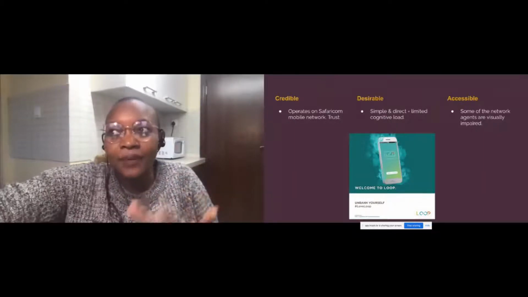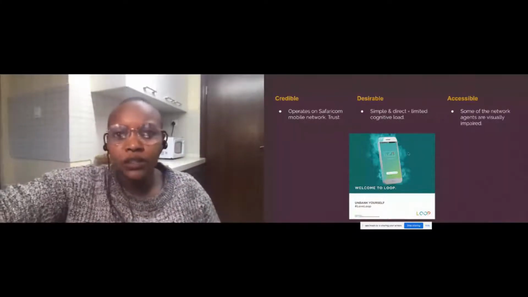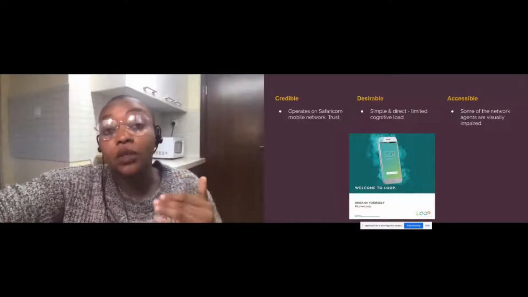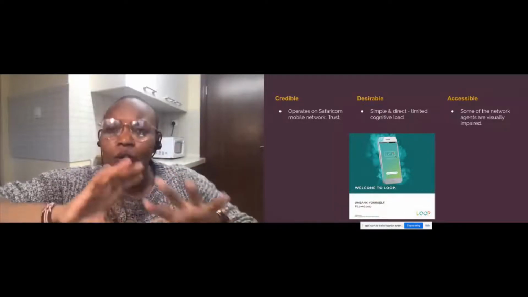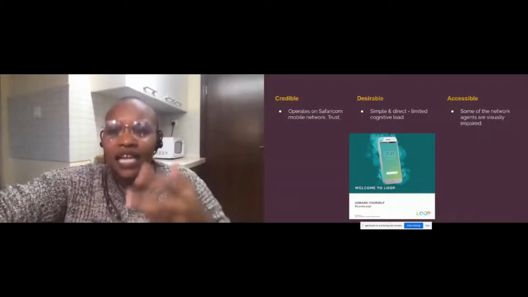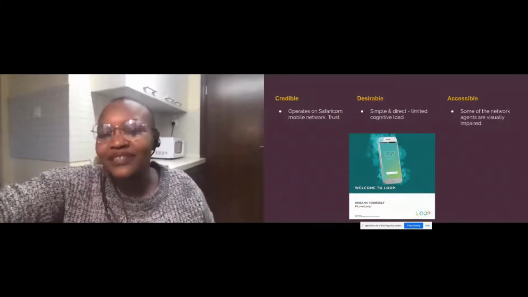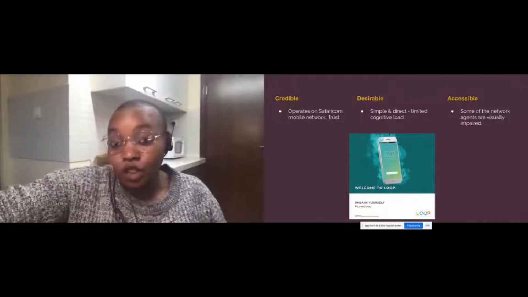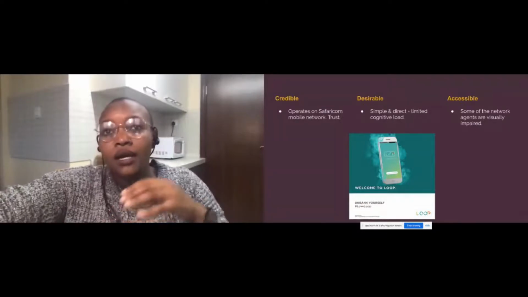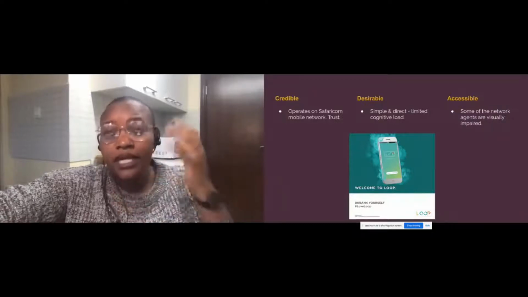So if we're talking desirable, another cool local example would be CBA Loop, which came about 2018, I'm not pretty sure, but maybe 2-3 years ago, if not more. And what Loop did was so well done that it appealed to the youth, and that is who they were looking for anyway, right? So Loop looks really good. The options are really cool. It helps with budgeting. You can ask for loans, up to 3 million Kenyan bob for the loan. And just the whole interface is well thought through. And the colors are bright. It just makes you feel like, yeah, I'm using an elite product. And that's what the youth want, right? We like pretty things that work, but pretty does help, right?